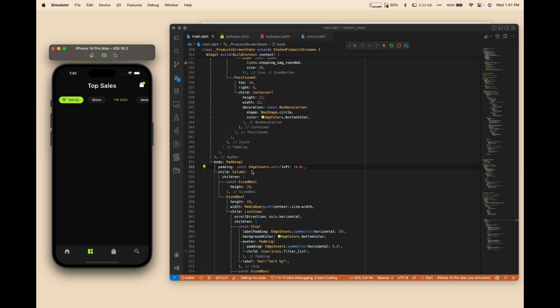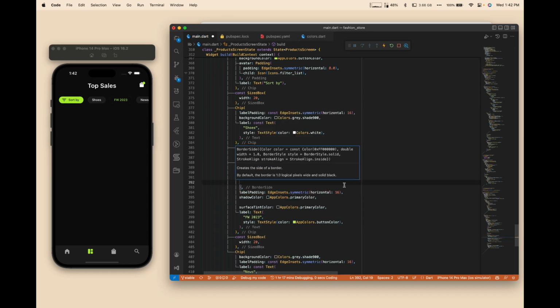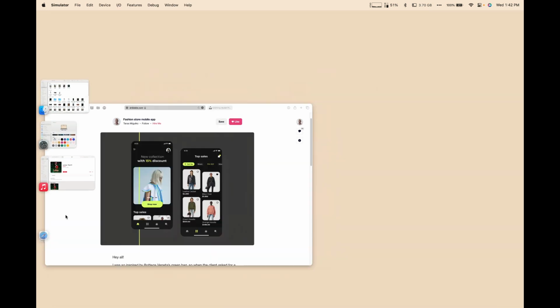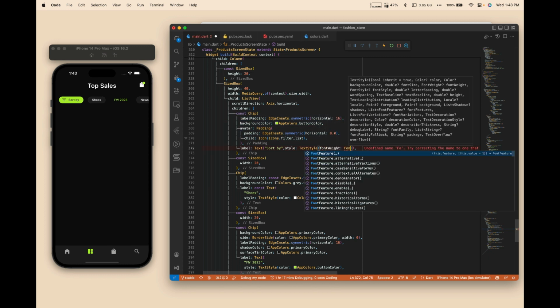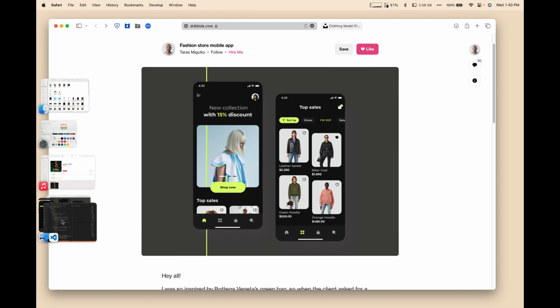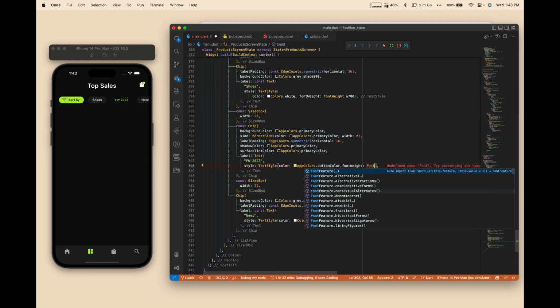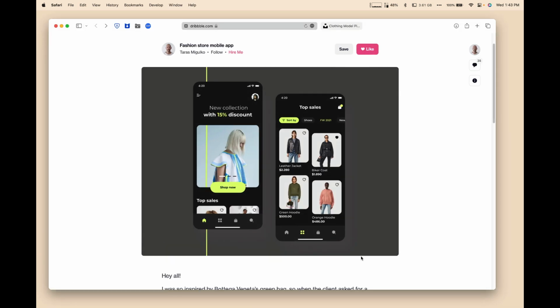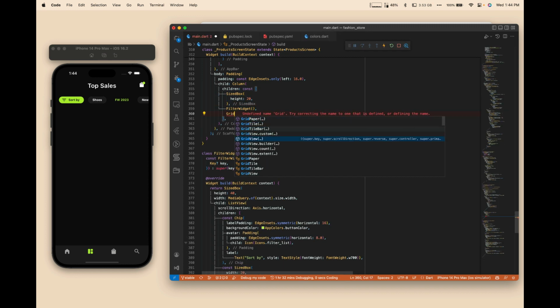So as you can see, we have the filters ready, and we're gonna change the border size of the selected one, because we can see a little bit of borderline on that, and we're gonna make it the primary color, so it will just blend with the background color. We're gonna give it the font weight. I'm gonna make it a little bold with the weight of 700. So we're gonna extract the filter widget into a stateless widget, and afterwards we're gonna